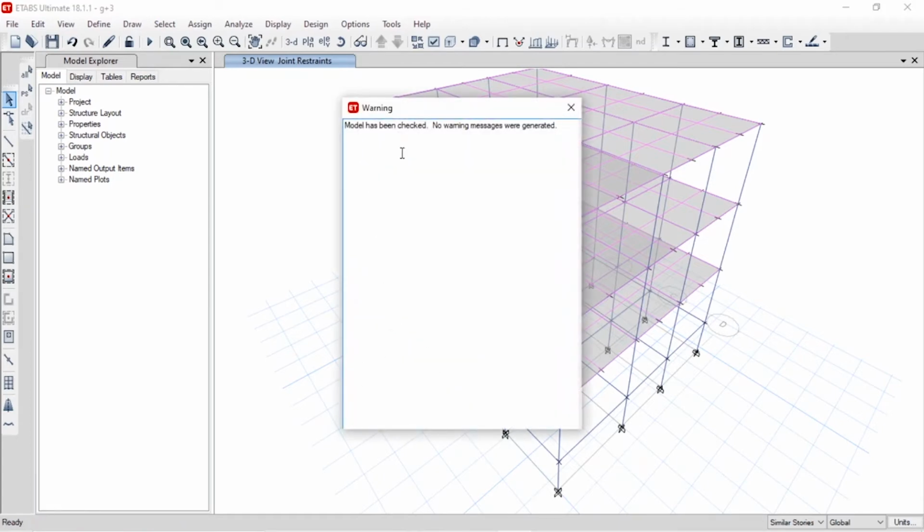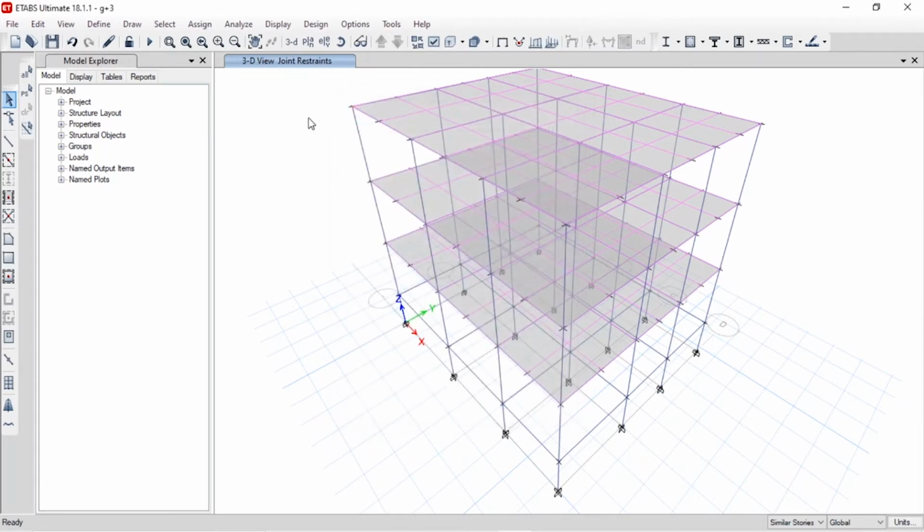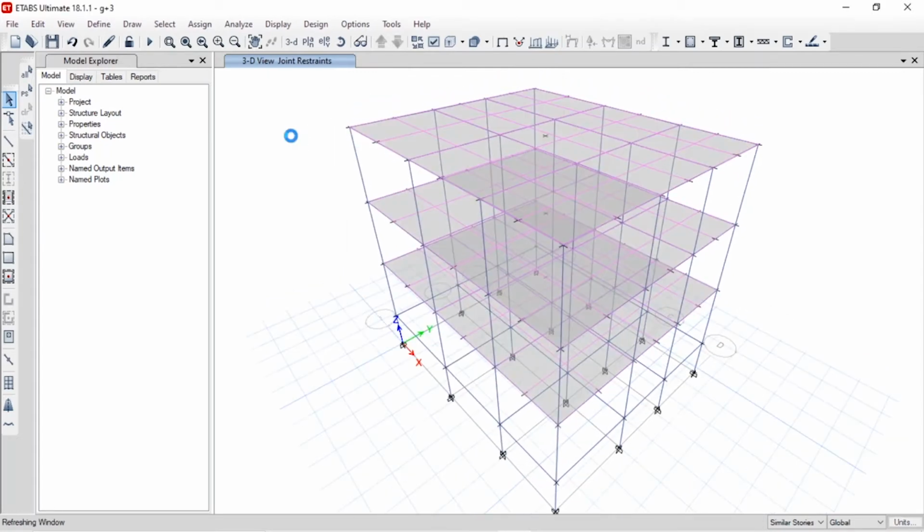Here, if there are any errors, it will show warnings and what the errors are. Here, the model has been checked, no warning messages are generated. If there are any errors, please correct them, otherwise the analysis results will be wrong.